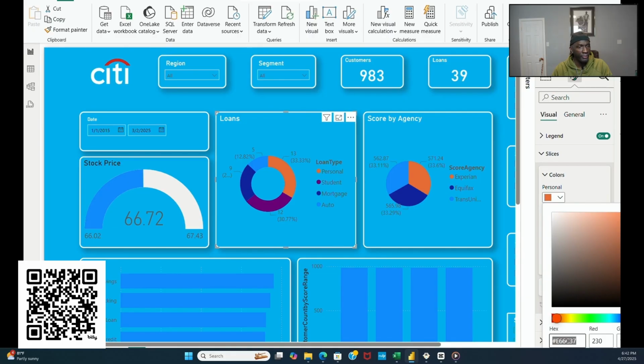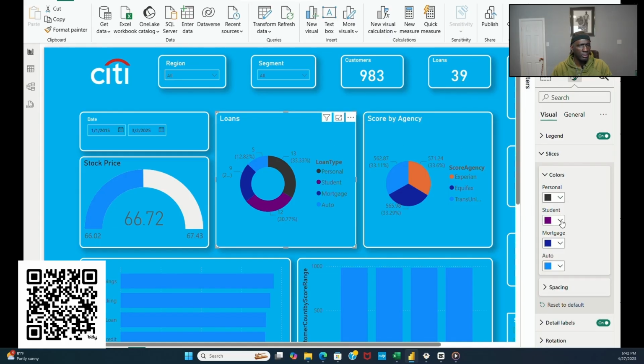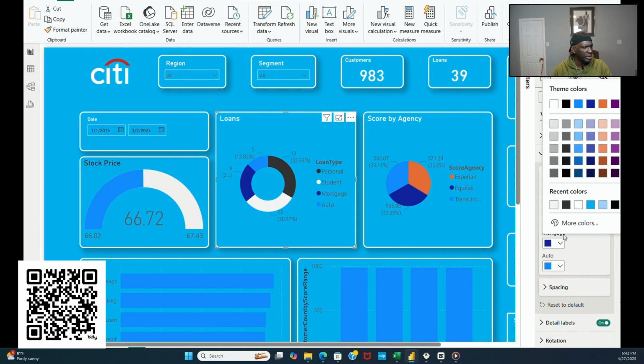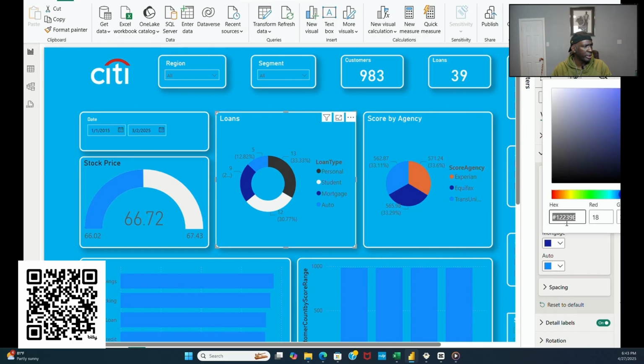Another thing we don't have here is, as I said before, there are colors that you may want to have added to your report. And looking here at the different slicer colors, I have several colors that I have found to be complementary colors to this, I'm not gonna call it teal, but this sky bluish color that I'm saying is complementary to the city